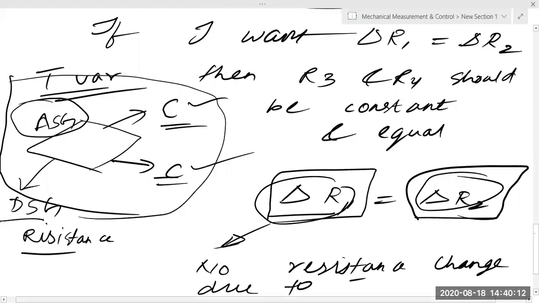Thank you. So there will be no resistance change due to temperature. So what I have done is some kind of compensation. This is known as compensation, or you can even say cancellation. So I have explained this thing. Is everyone